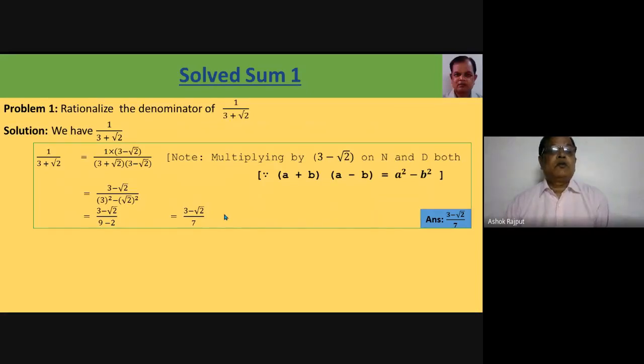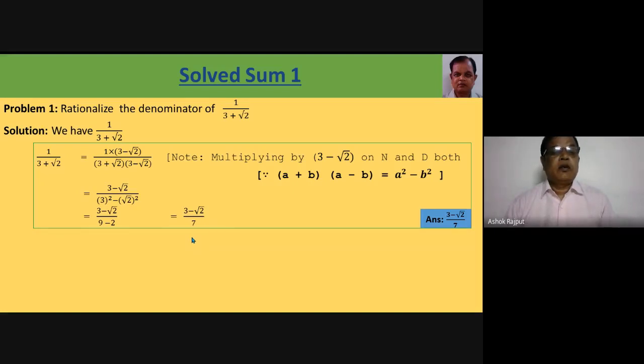Now solved sum 1. Rationalize the denominator of 1 by 3 plus root 2. As we have 1 by 3 plus root 2, we see here the denominator is 3 plus root 2. So we will multiply the denominator and numerator both by 3 minus root 2 because we are going to rationalize